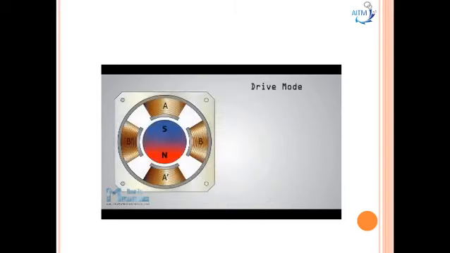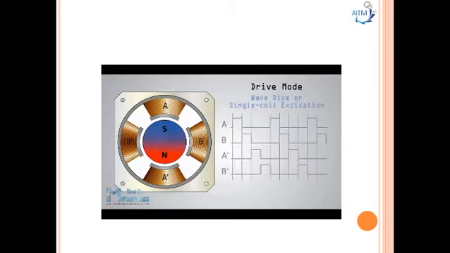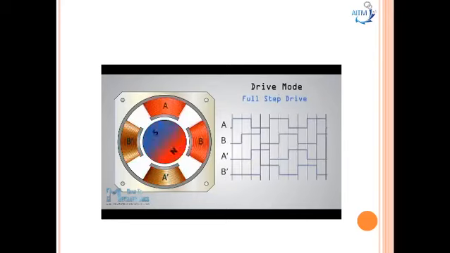There are several different ways of driving the stepper motor. The first one is the wave drive or single coil excitation. In this mode we activate just one coil at a time, which means that for this example of a motor with 4 coils, the rotor will make a full cycle in 4 steps. Next is the full step drive mode, which provides much higher torque output because we always have 2 active coils at a given time. However, this doesn't improve the resolution of the stepper, and again the rotor will make a full cycle in 4 steps.